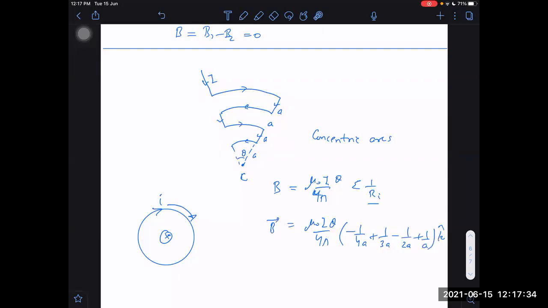Here I have ended it. Now they may not end it here. They may turn it in this way. Then I have to find the field due to that straight portion also, if they do like that. But I am finding only up to point B, started from infinity to point B.